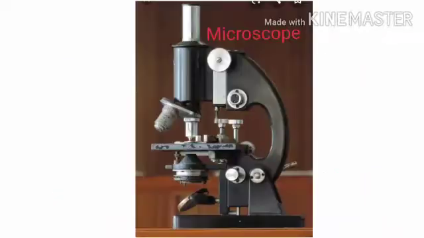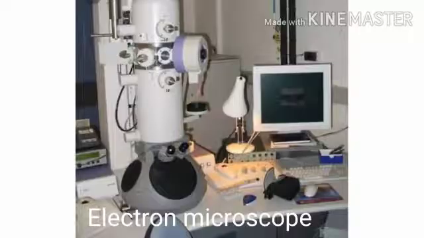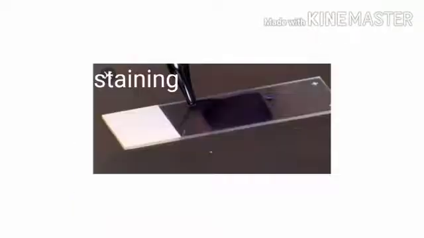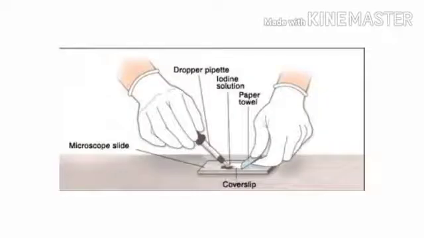Cells are studied with the help of a microscope. Detailed study can be done with the help of advanced electron microscopes. To study the internal structure, the cells are colored with some dye called a stain, and this process is called staining. Then the stained cell parts are put on a clean slide, covered with a cover slip, and observed under the microscope.